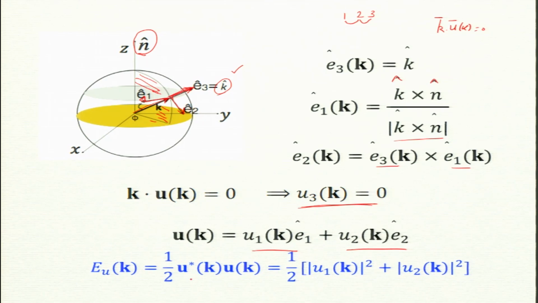So, what about energy? Energy is u star dot, I forgot the dot. So, u star k dot uk. What will that be? By the way, please remember E1 and E2 are perpendicular to each other. If I take a complex conjugate of this one fully, u star k vector is equal to u1 k star E1. E1 is a real vector; E1, E2, E3 are all real vectors. So if I take a complex conjugate I get the same thing, but U2 is also complex, so U2 star, but E2 is a real vector.